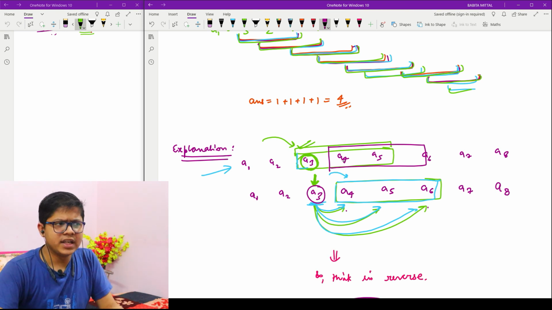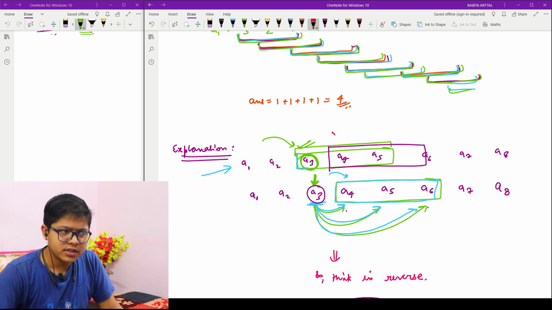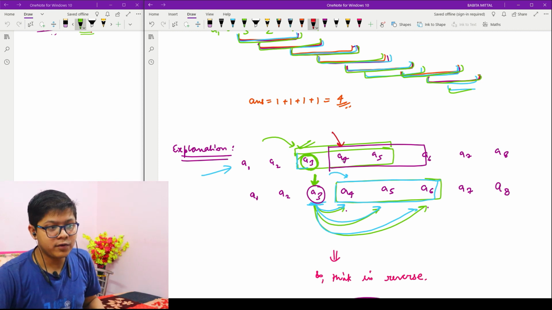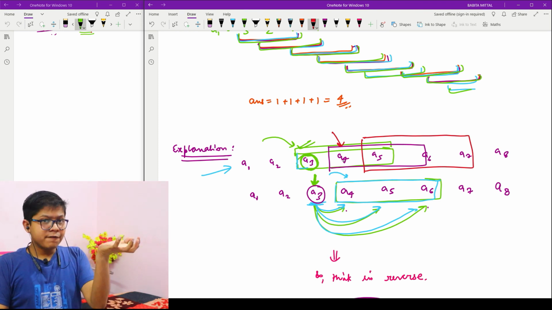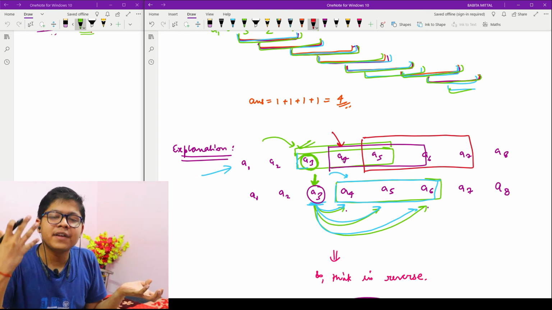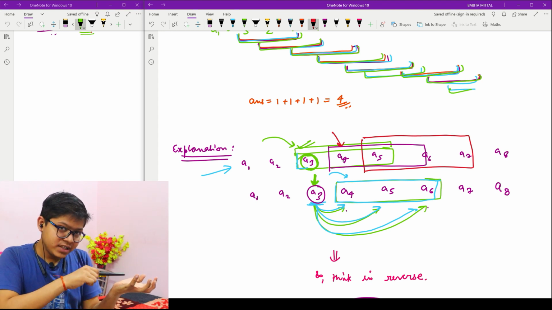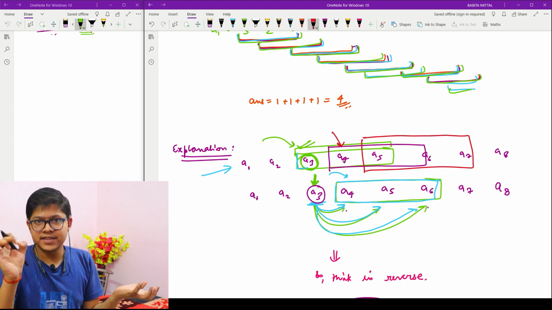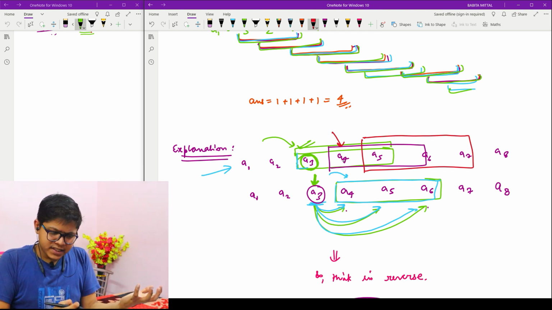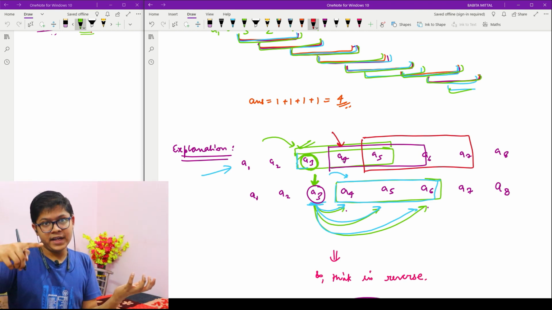Now, if you say, okay, what if I choose A4? Then you will worry from the next window, which is right here. So my main motive is to show that after choosing A3, you will worry about the next window, which is A4, A5, and A6. Now, from A3, you can go to A4, A5, or A6.